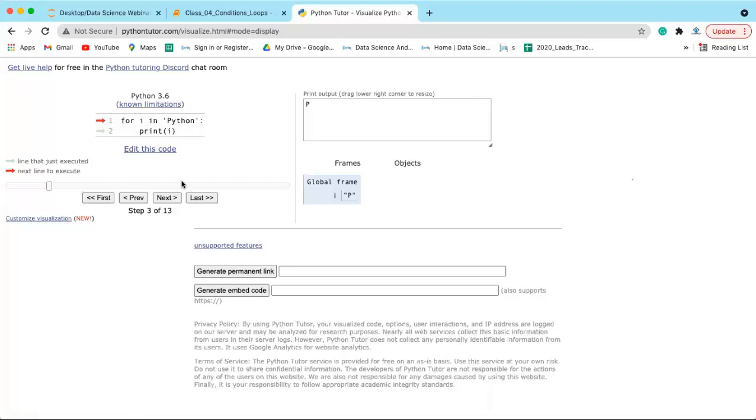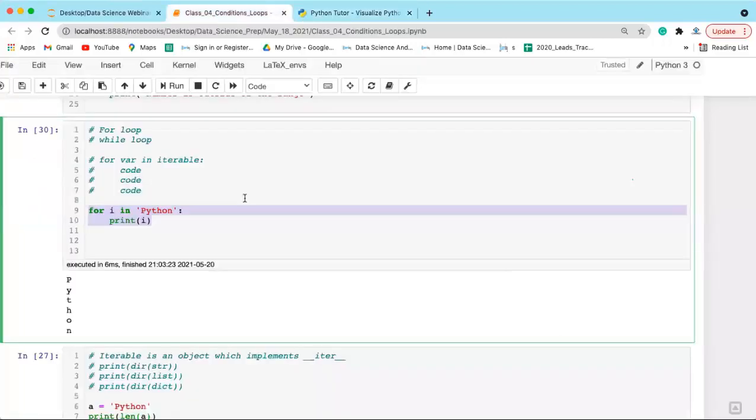So now, next time again you will go inside this loop. I will pick the next element, so I will become y. Now since I has become y, it is going to print y. Next I will become t, so it prints t. Next I will become h, it will print h, and so on. Once I becomes n, it prints n, and after that it goes back to the loop, but there is no further element, so it will exit the loop. So this is how a for loop is executed when you pass any iterable.